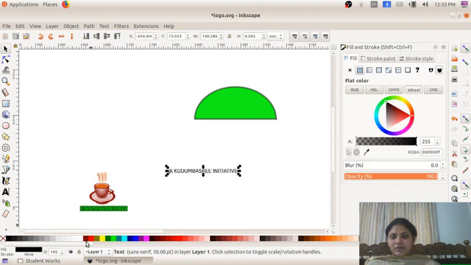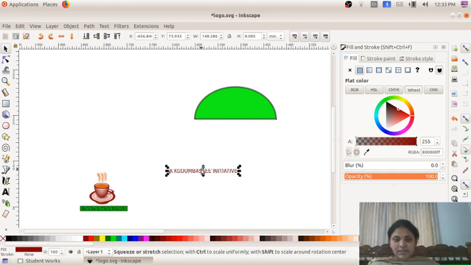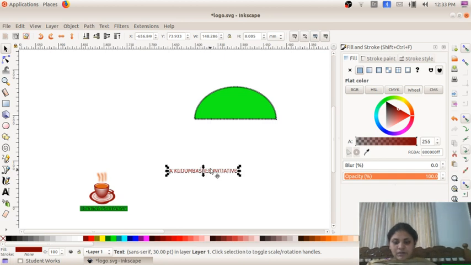Next I have to put the text on this semicircle, so I am resizing it according to the semicircle.